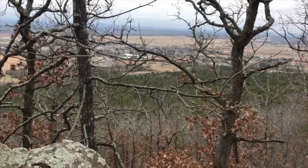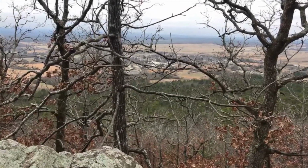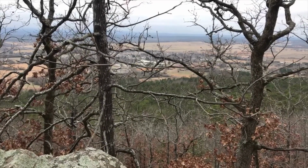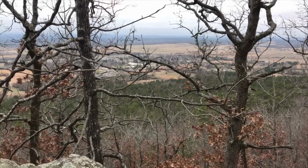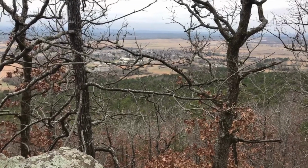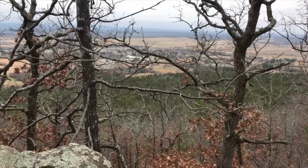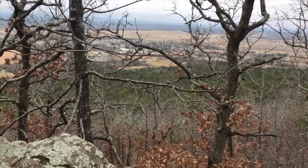It's just a workout, but it's so cool. It's so worth it. And anyway, if you had never seen what it looks like from the top of Red Oak Mountain, I wanted you to see it, because this is literally in our backyard in Red Oak, and it's a shame that we don't use it more. Now it's on private property, so you have to